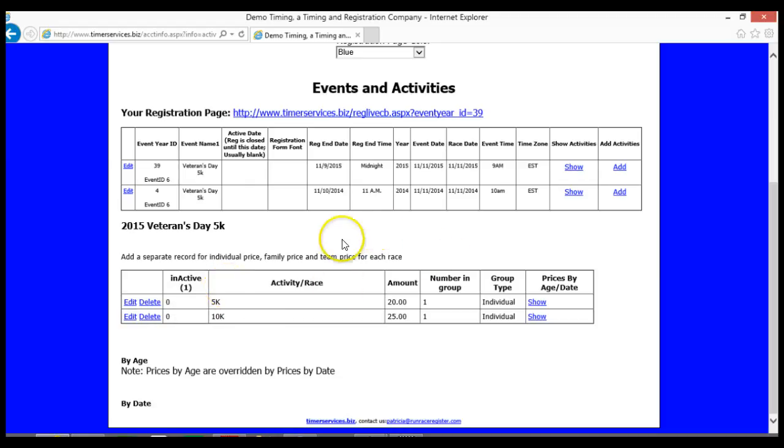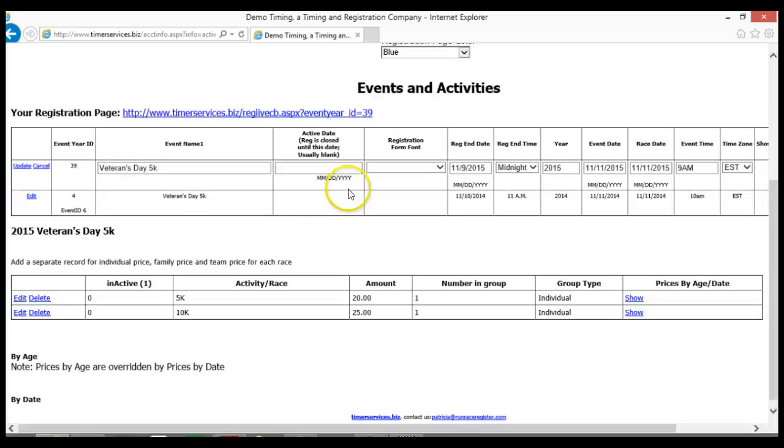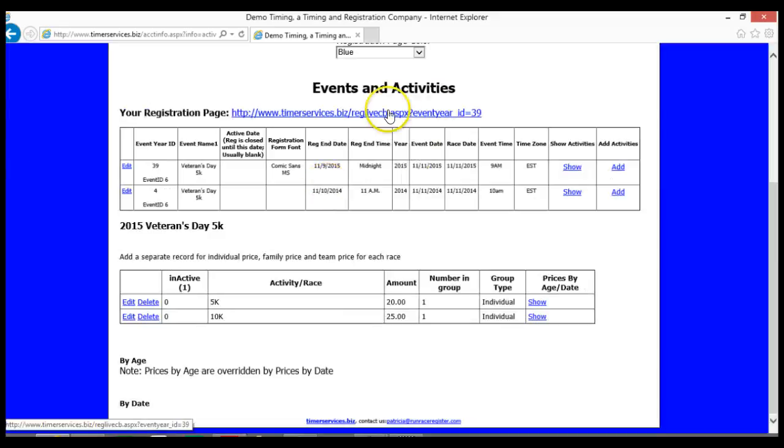One of the other changes that we made this year is the ability to change the registration form font. We've always used Tahoma, but you're able to change it to selected fonts that we've set up. And so the one that sticks out the most to me is Comic Sans, which is kind of a funky looking one. So we'll update that. We'll go and take a look at the page, and